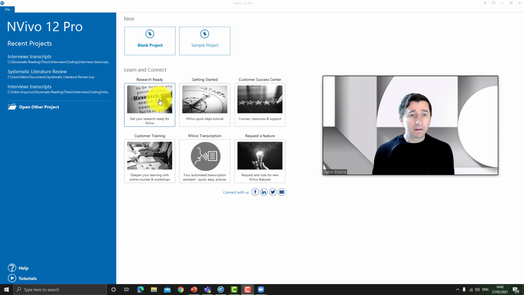Here you can find Research Ready. It's a learning environment where you can learn more about how to get prepared to input data in NVivo. Here you have a quick guide, the NVivo Quick Steps tutorial. In the Customer Success Center, you have courses, resources, and support available as well. And you have more training with more knowledge for more advanced users that can improve your ability of